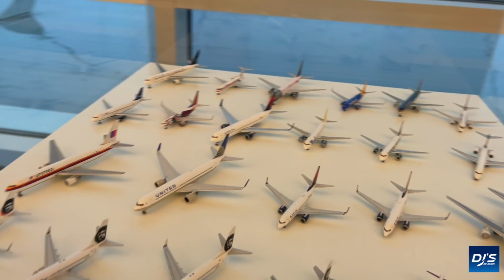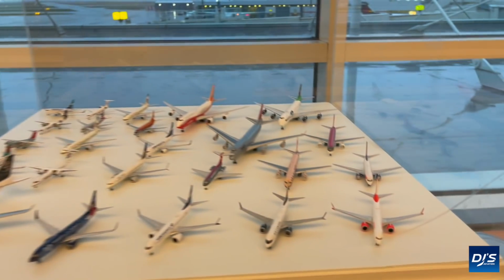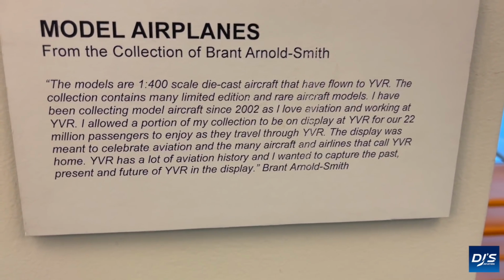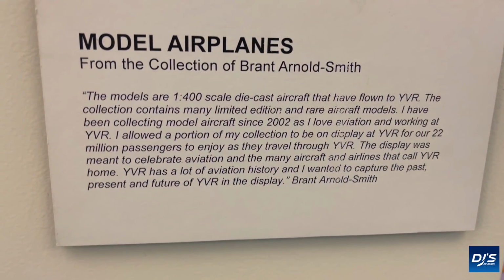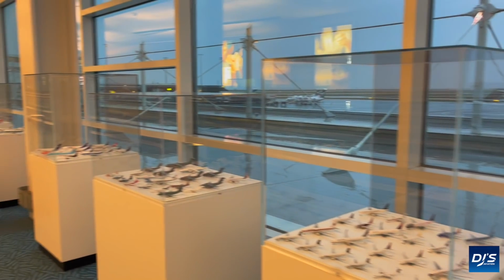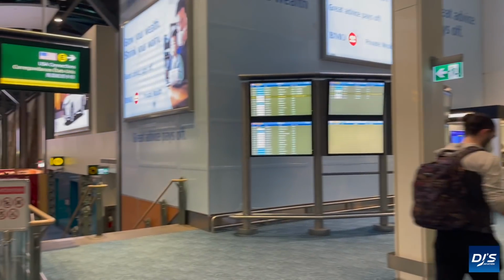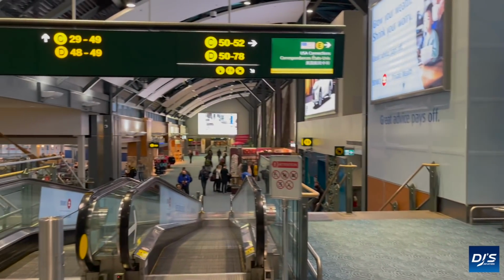These models though are from Brandt Arnold Smith and are aircraft that have flown to Vancouver. Collecting since 2002, Mr. Arnold Smith has allowed these models to be put on display to represent the past, present and the future, and will be a hit really for anyone passing through, but I'd say especially for the model collectors out there. After a roam around the airport, it's time to head more in the direction of my gate,